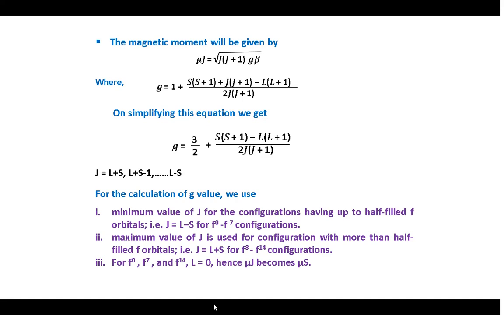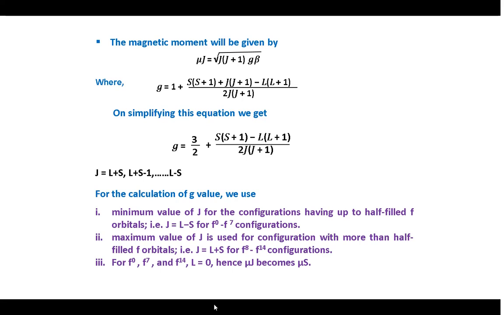On simplifying this equation, we get g is equal to 3/2 plus [S(S+1) − L(L+1)] divided by 2J(J+1), where J is equal to